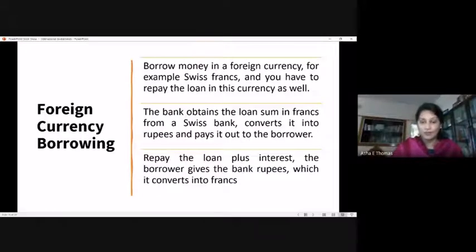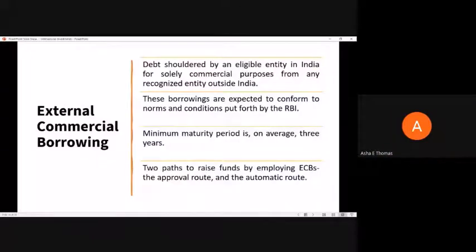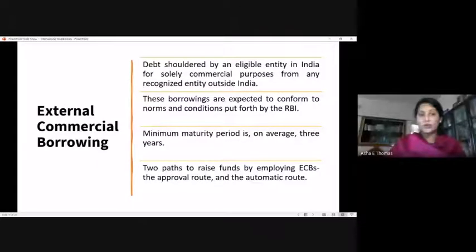And then foreign currency borrowing is more or less similar. But here what you have to remember is that sometimes it's not mandatory, but in certain cases of external commercial borrowing, there will be a bank acting as an intermediary. The loan on your behalf will be taken up by the bank in between, and the banker will facilitate providing the loan to the concerned person.